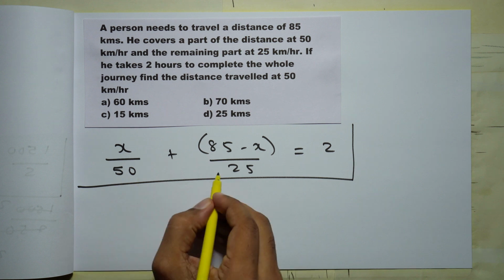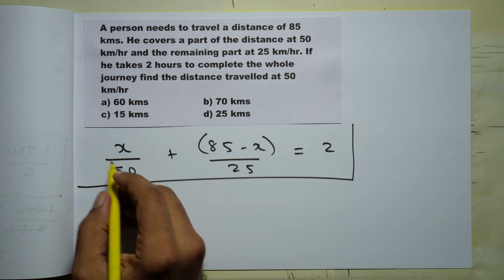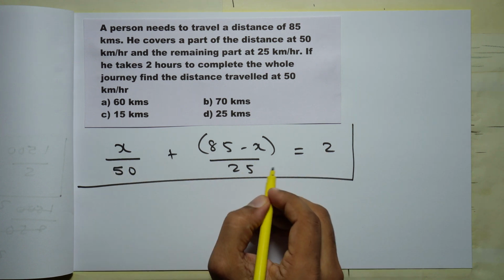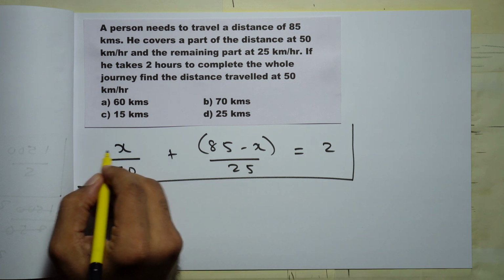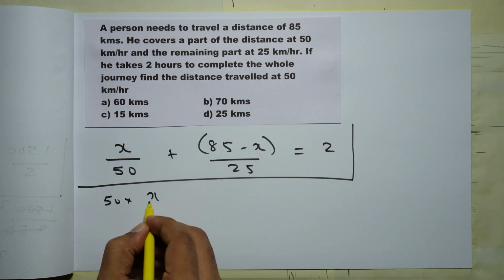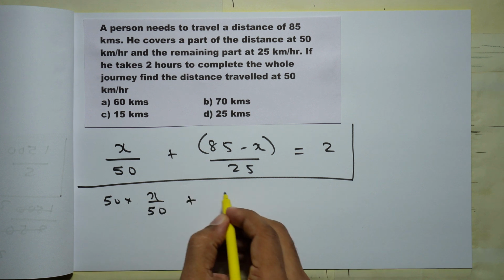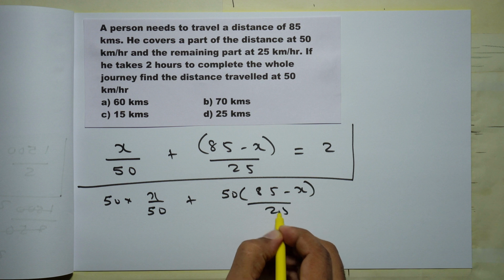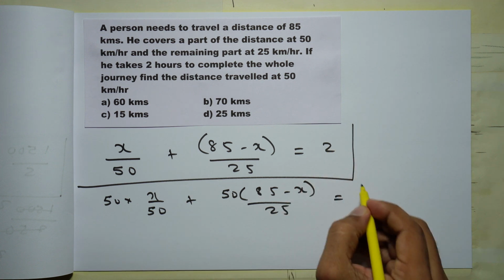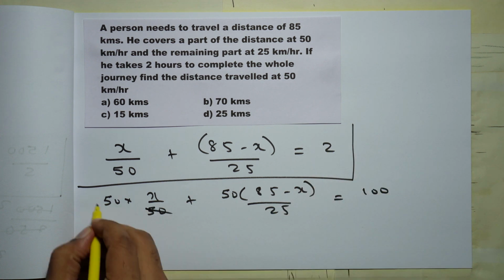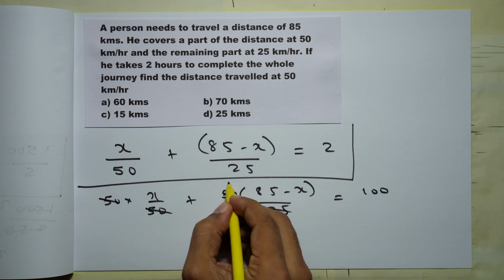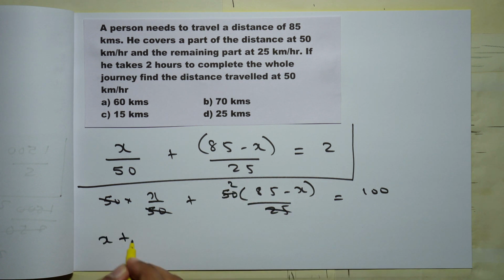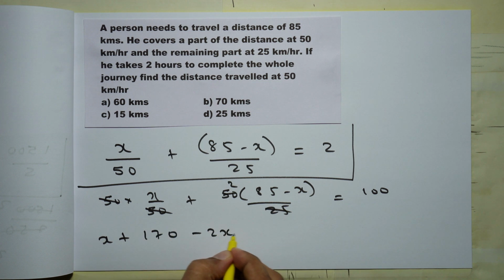Now LCM of 50 and 25 is 50. So I'll multiply throughout by 50, so all the denominators will go off. So 50 into x by 50, 50 into 85 minus x by 25, 50 into 2 gives you 100. 50 and 50 cancels out. 25 divides 2 times. So you will get x plus 2 into 85, that is 170, minus 2x